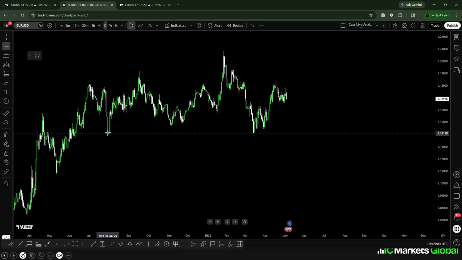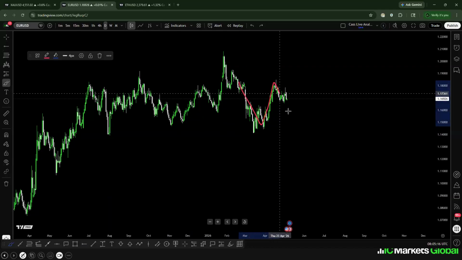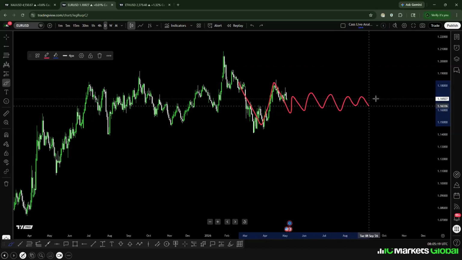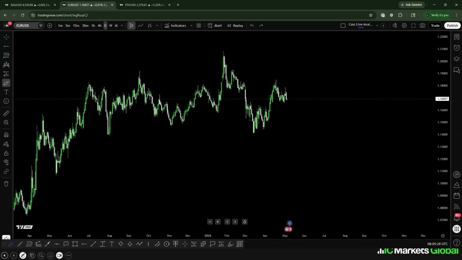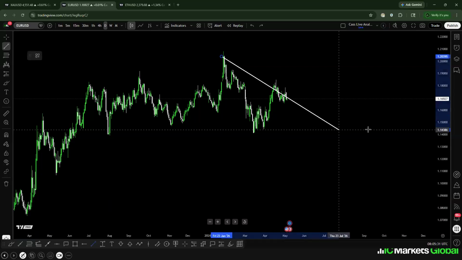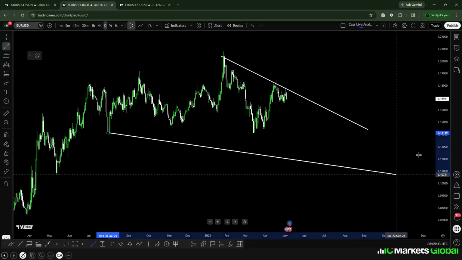Therefore, I have a directional bias. I know for the long term, the directional bias, for me at least, is actually a sell. For EUR/USD, I am anticipating a very big sell. It's just that I don't know if EUR/USD still wants to go sideways, sideways, sideways. I don't know how long it wants to go sideways, maybe until September, maybe until October before it finally does the drop. I'm anticipating a drop. I just don't know when that drop is going to happen. So what I'm going to do now is just go down to small time frames and try to play within,